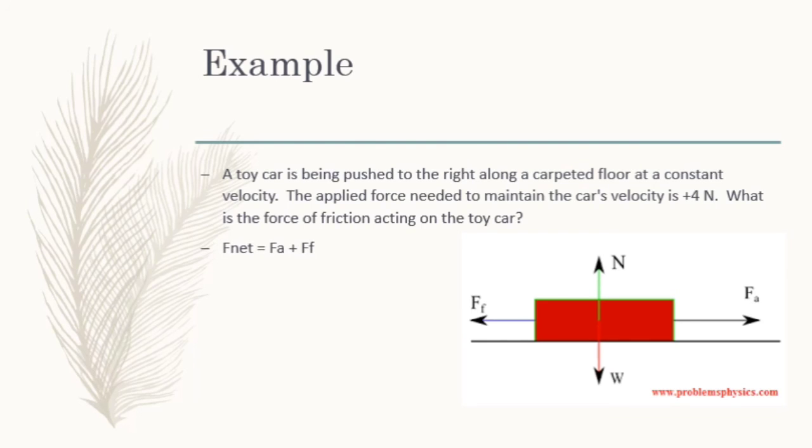So F net is going to be equal to the applied force plus the frictional force. Since F net is 0, because the car's velocity is constant, FA plus FF is going to be equal to 0, which means frictional force is equal to negative FA, which is negative